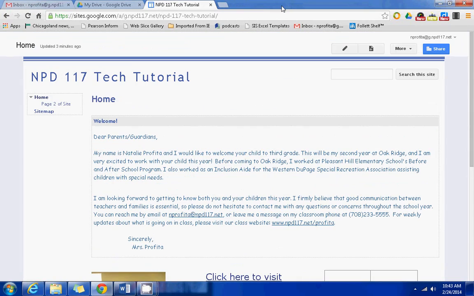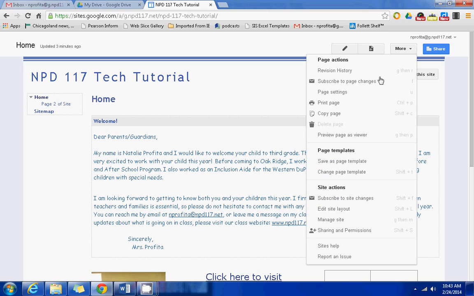And then simply close that tab once you're finished. You can copy pages and print them and delete pages if you want to as well. And then you can go down here and use some of these additional links under site actions. So what we can do is go to the